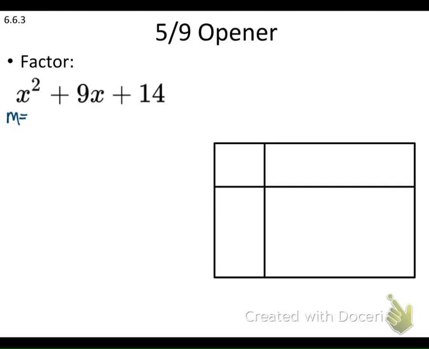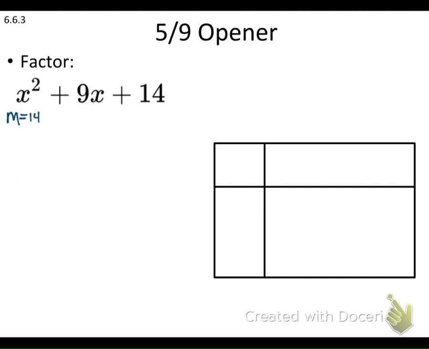What do I do with them? Yeah, so I'm going to multiply my first coefficient and my last coefficient. Remember, coefficient means the number. Now, my first coefficient, there's nothing there, but there's a variable. If it's just a variable, what's my coefficient going to be? 1. So 1 times 14 is